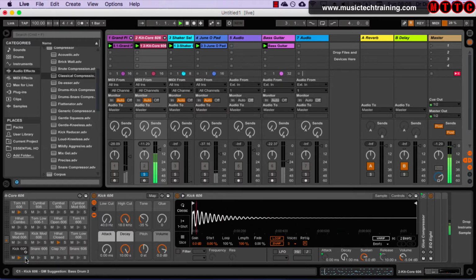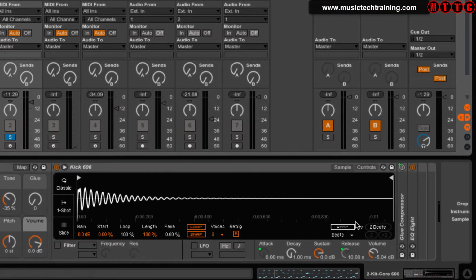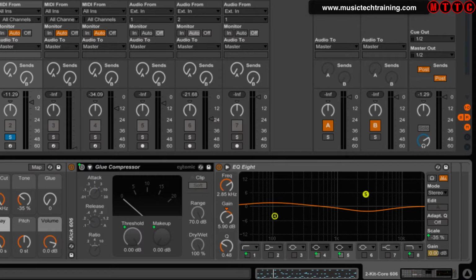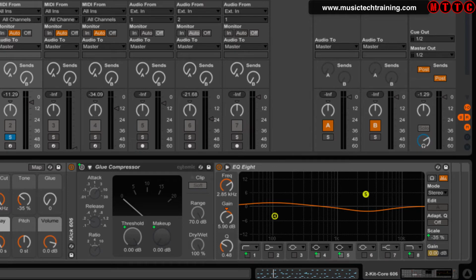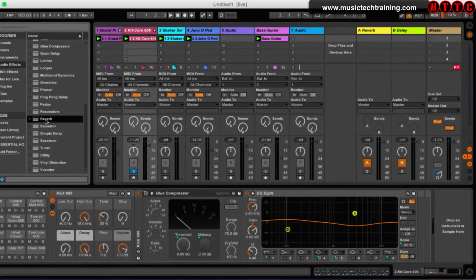Okay, release that. This 606 kit has actually got effects plugins already installed. Just down here you can see a glue compressor, you can see an EQ8, which is the equalizer. Let's say, for example, I think what I'll use is something really obvious. Let's say I wanted to just add a reverb to this overall drum kit. It's a bit crazy, but we're going to do that. So I'll make sure that this is all the way down. And I'm going to grab my reverb,